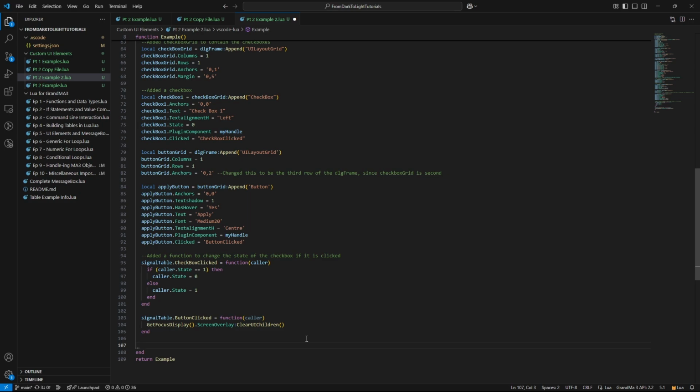Well, the first thing that comes into my mind is to check it after the apply button is clicked. The problem with that is that after the apply button is clicked, the checkbox doesn't exist. So it doesn't find that information. Instead, here's my approach. Inside of the checkbox clicked function, I'm going to put an if statement that says if the state is 0, set checkbox state to clicked, otherwise set it to unclicked. Let's do that.